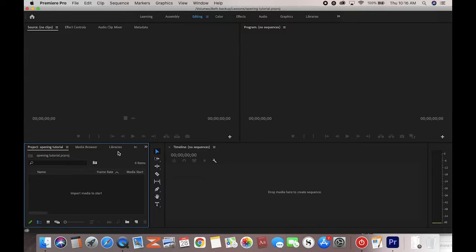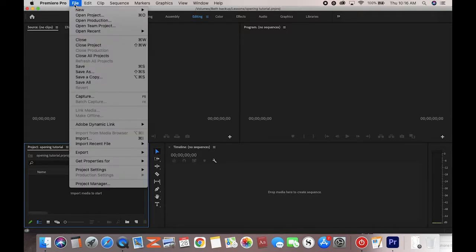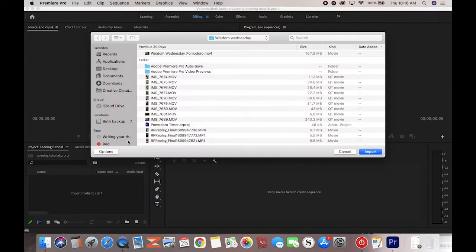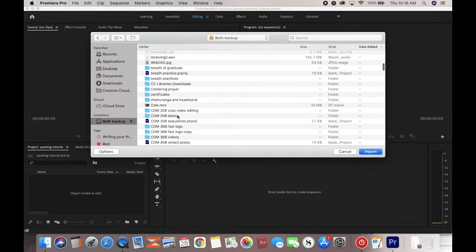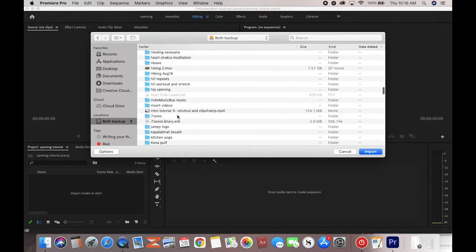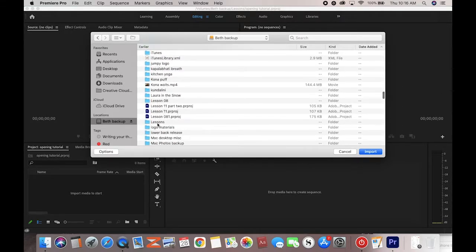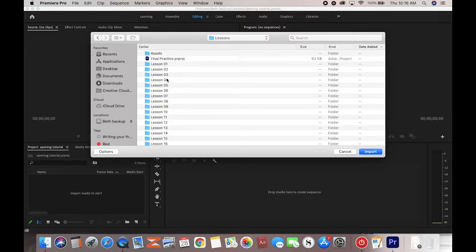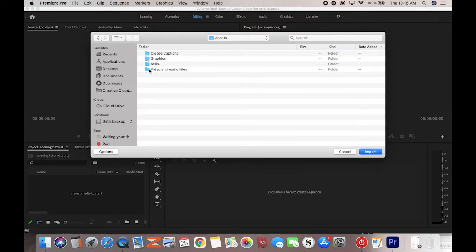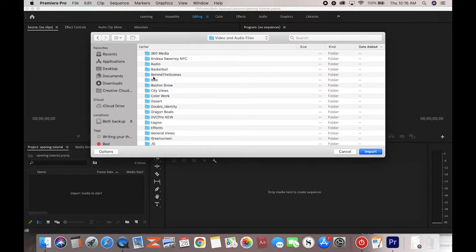And so let's import some video just to get us started. So you go to File and Import. You can also use the keyboard shortcut there, which is Command I, which is different from regular I. So I'm going to find some of my lesson files. So you can go to the lesson folder that we have for the class, and